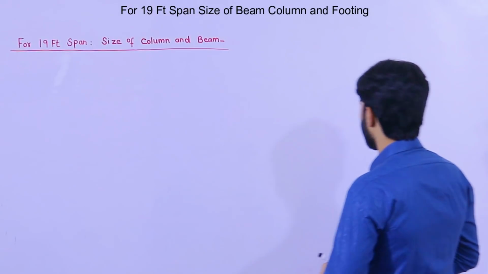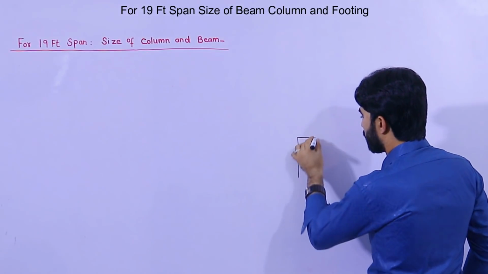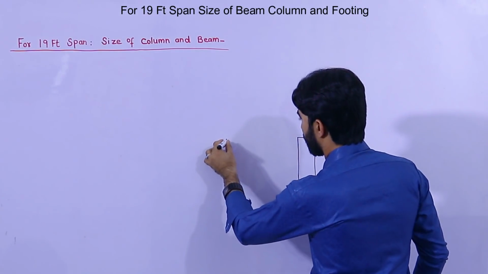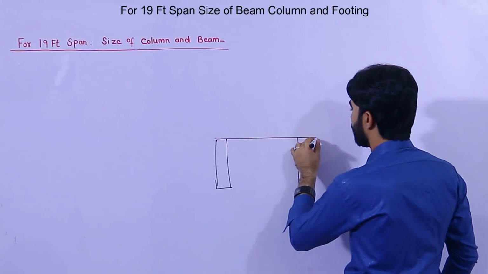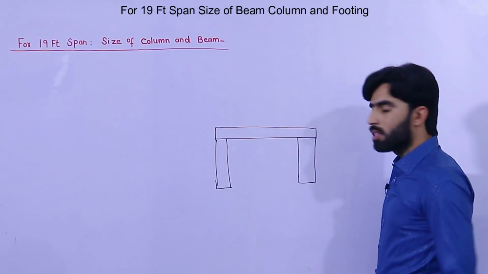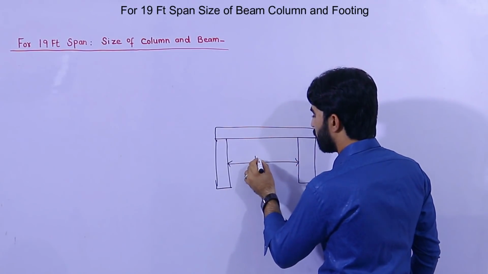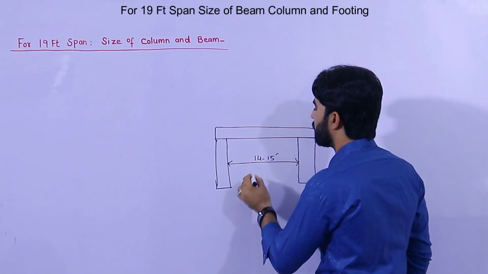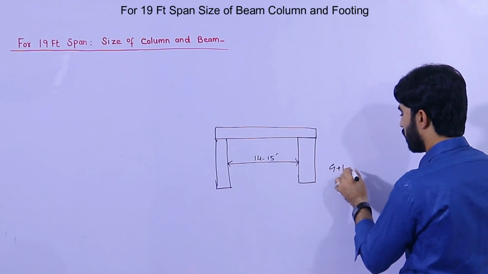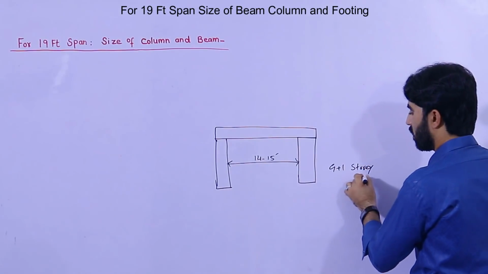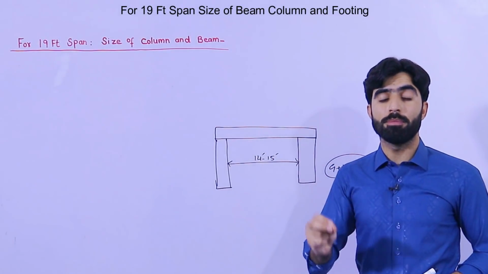Okay. First of all guys, remember one thing. If we have a span between two columns, suppose this is an RCC column and this is the other one, on the top of this is the beam. Suppose this size is from 14 to 15 feet for G plus 1 story. For G plus 1 story, from 14 to 15 feet, what should be the size of beam and column